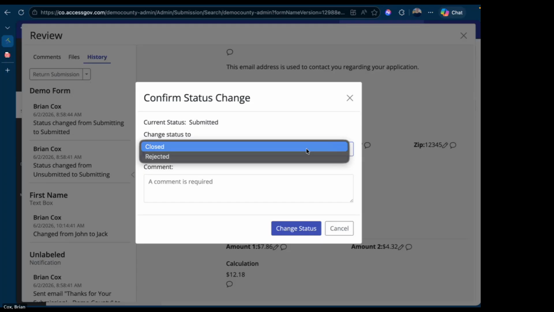So if you have a more complex workflow, and this one is way more simple, so that's why we're seeing a lot less statuses presented on my screen. But you could return that back to various reviewer forms or earlier steps in the process